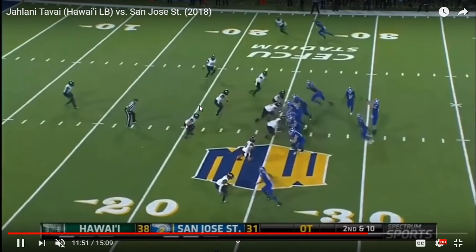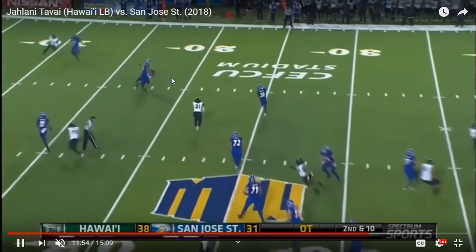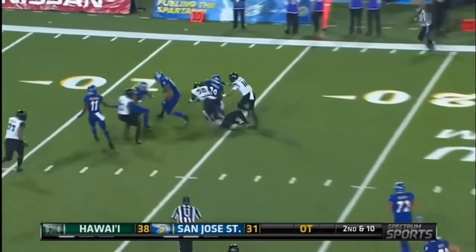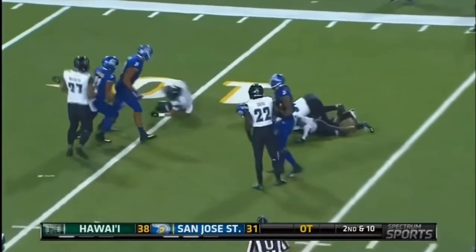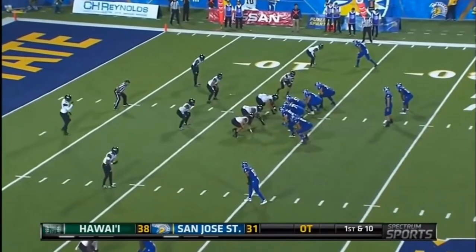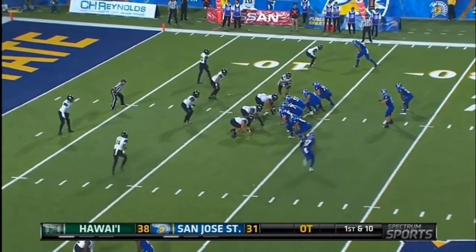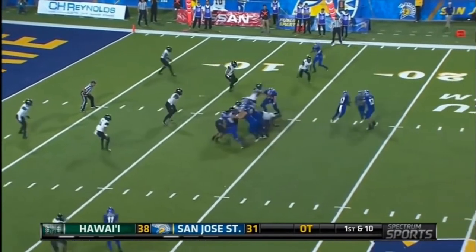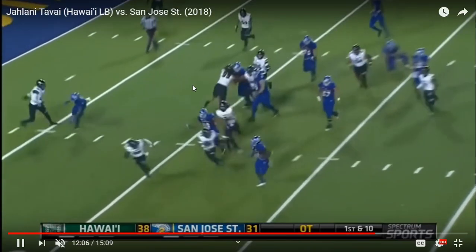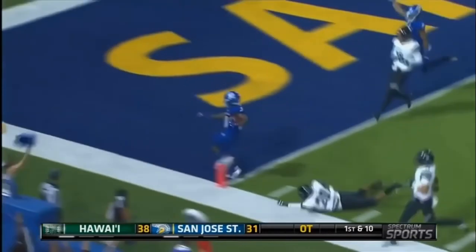Back to the middle. Stays disciplined, reads his keys to the running back. Nice closing speed. Nice tackle. Nice shove shifting through the traffic there. Didn't end up working out, but